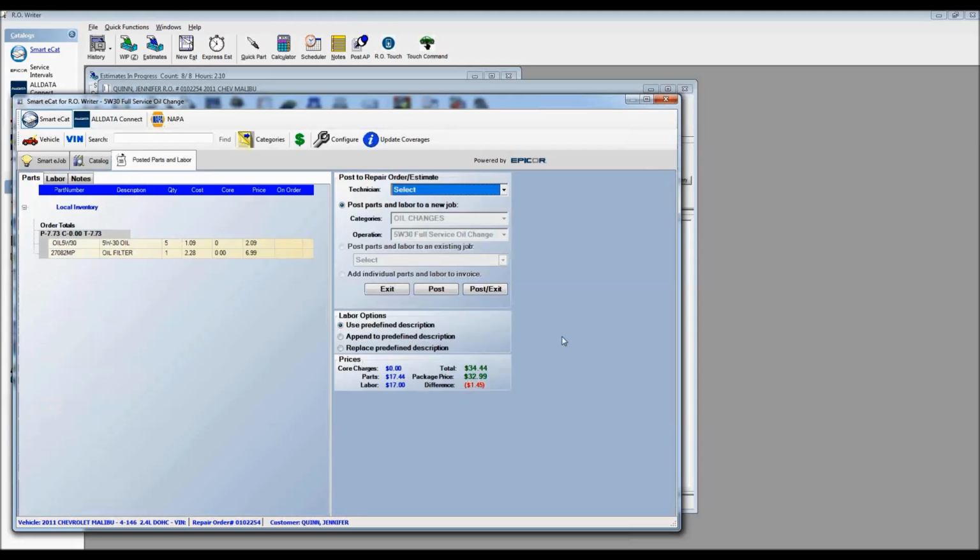Takes you to what's called our Posted Parts and Labor tab. As we go through that Posted Parts and Labor tab, it's telling me that from my local inventory, we're going to get 5 quarts of 5W30 oil, as well as that 27082 MP oil filter. If I look across the top, there are 3 separate tabs: our Parts tab, our Labor tab, and